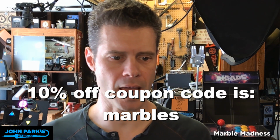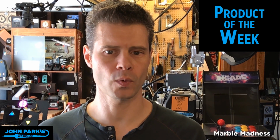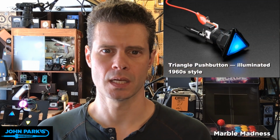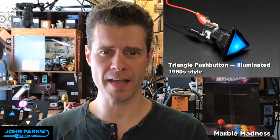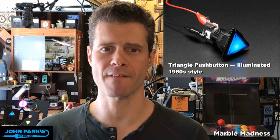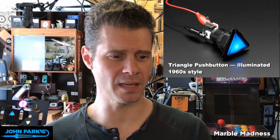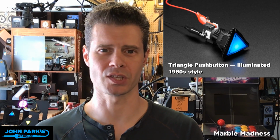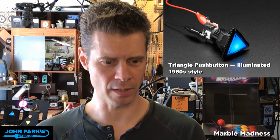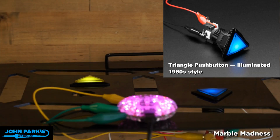Since I said actual things, how about a product of the week? My product pick of the week is this super awesome triangle push button. It's an illuminated 1960s sci-fi movie style button. I feel like Phil B must have had something to do with us putting these in the store because it's his aesthetic on some level. And what I did, like I like to do, is I made a little